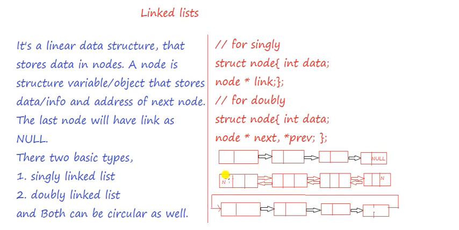In a doubly linked list, the first node, since it has no previous node, its previous link will be null. And you know the last node, if we don't have any node further, we represent the last node's link as null. So next will be null in a doubly linked list. So this is how linked lists are.